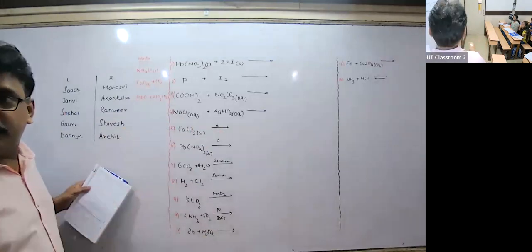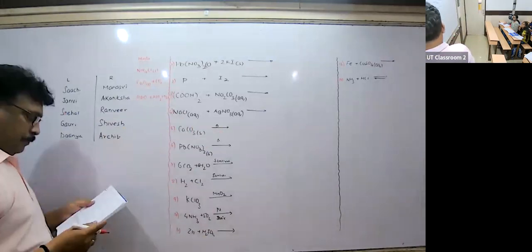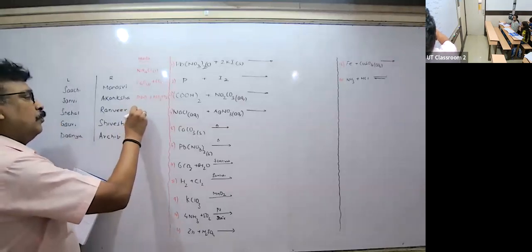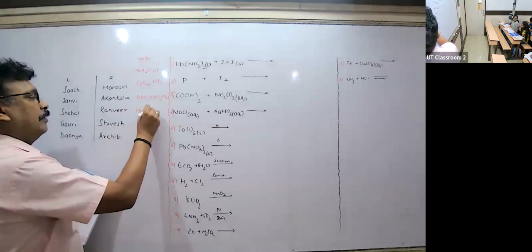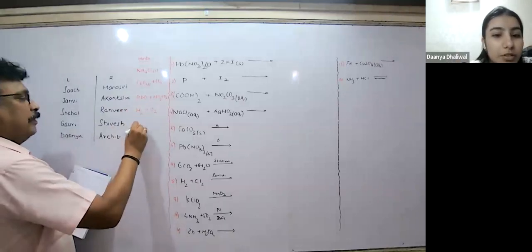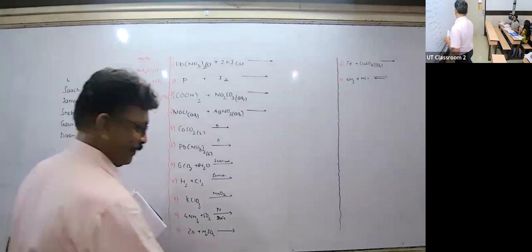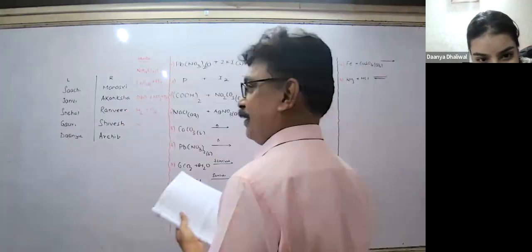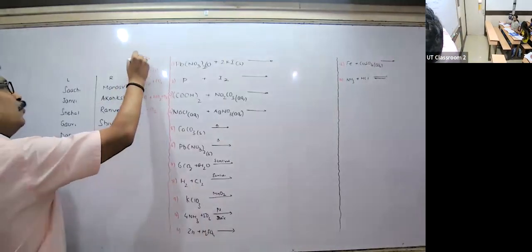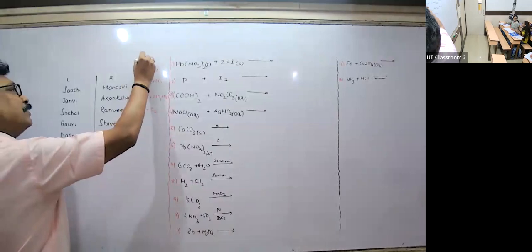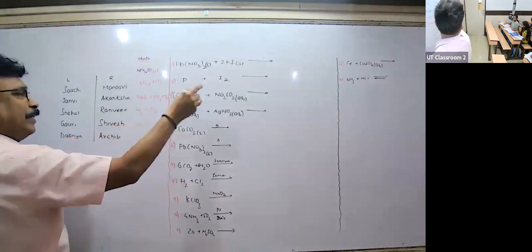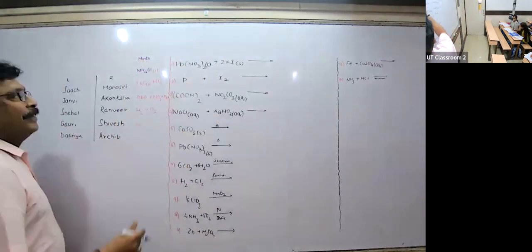Sir, if we do this, we feel like copying. Yes, if you feel like it, copy, go ahead. Sir, can you use some other marker because I'm unable to see? Yes, why not? I will use it. Nothing to worry. Okay, the red pen is not being seen. Sir, are we only supposed to match the following? No, you don't have to match, you have to write the product there, looking at this, match the column.